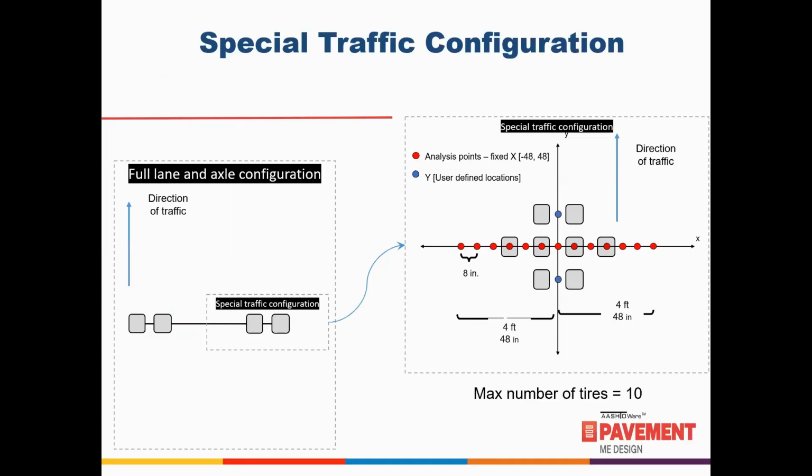Okay, and just to show you visually what's happening here, you see on the right side, you've got your X and Y axis, you've got plus or minus 48 inches in both directions. And again, it should have had that showing for the Y axis as well, but it's minus 48 to plus 48 inches for both X and Y. And here it's showing 8 tires. So you've got one axle with 4 tires across, and then you have 2 adjacent axles with 2 tires each.